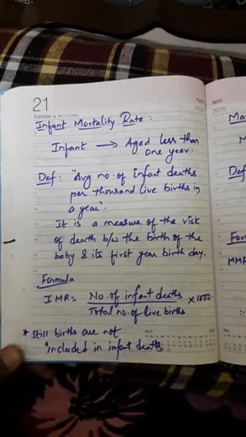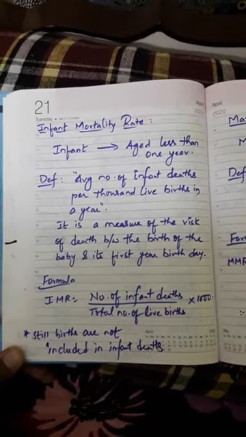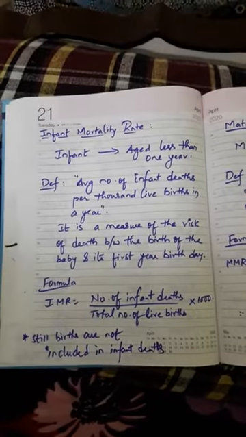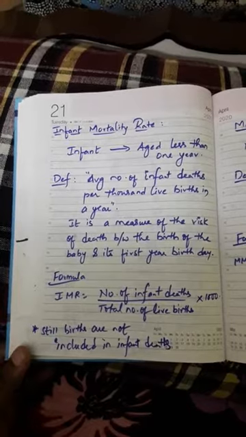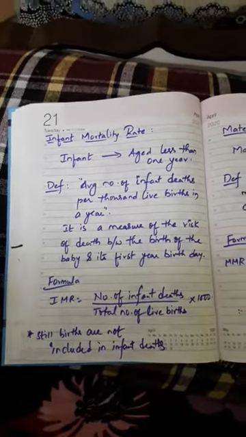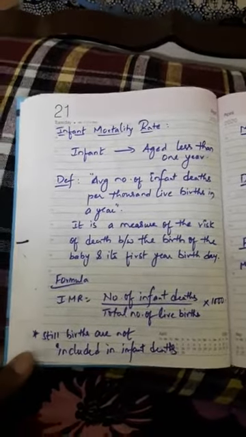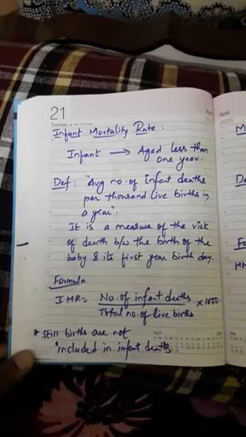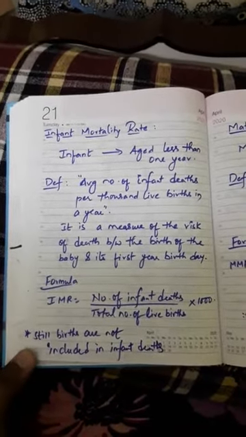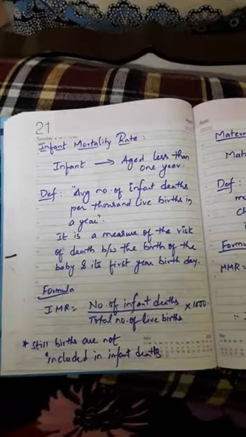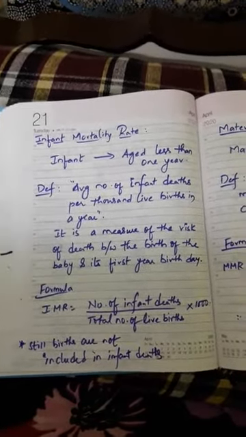Now the definition: the average number of infant deaths per 1000 live births in a year. This is one small thing, because we have seen these live births in the fertility rates. In the death rates, nowhere have we seen live births. Why again in infant mortality rate? Because they are just live births. Infants in the sense below 1 year. Among all the live births, stillbirths we did not consider so far. Only live births we have considered.